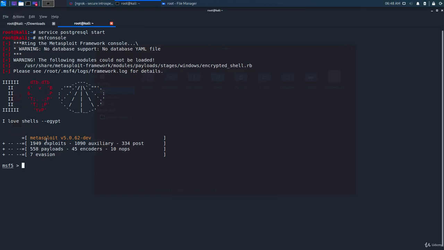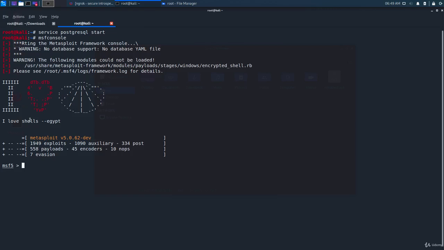So after you run msfconsole, you will see a screen like this where you will see the msf console. Okay, that's how you write commands inside of Metasploit. Once you see that, you can just begin typing MSF or Metasploit commands. It's fairly easy to use actually. As you can see, we have a lot of payloads, a lot of exploits embedded in Metasploit as well. But we are particularly interested in a module called